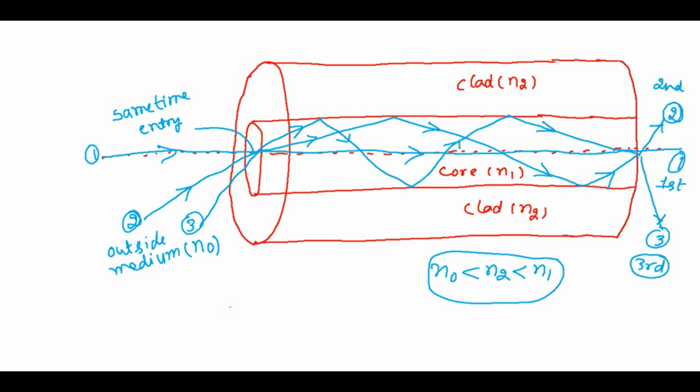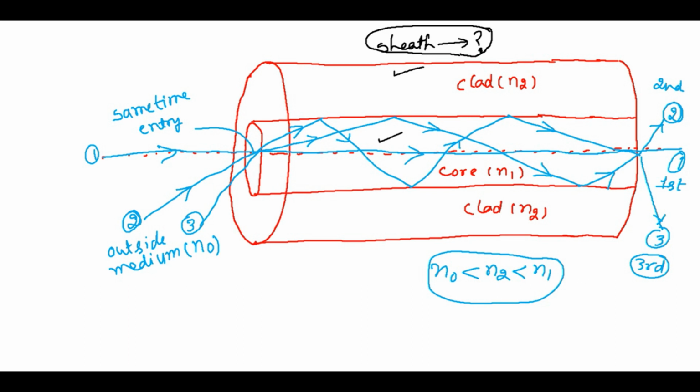Okay students, in this slide I have shown the diagram of the optical fiber again. You can see here, this is the innermost layer which is the core, this is the next layer which is the clad. Kindly remember there is a sheath outside, but I have not shown it here because, as I have given in my earlier part of this lecture, the sheath has no role to play in the propagation of light through it. So I will not show the sheath, but please remember it is there. This dotted line is the axis of the fiber.